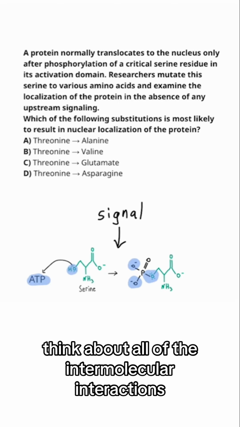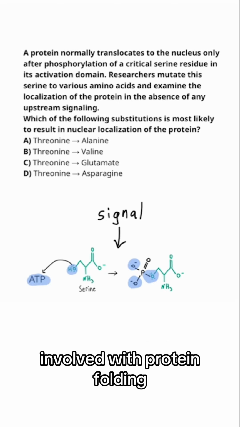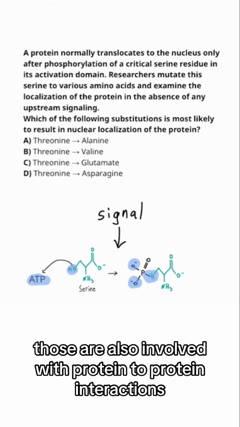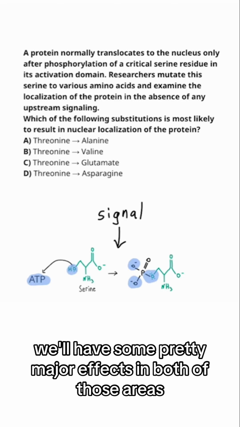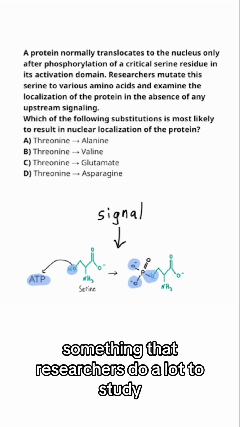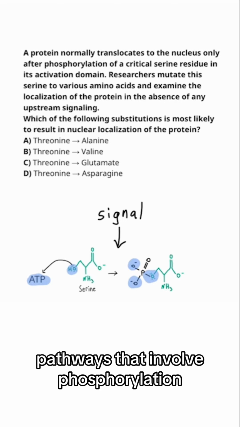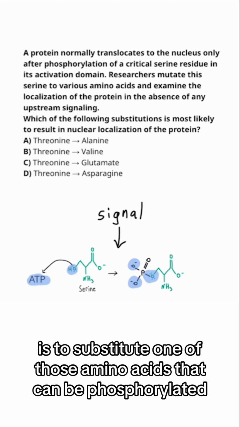So think about all of the intermolecular interactions involved with protein folding. Well, those are also involved with protein-to-protein interactions. So if we change something from a polar molecule to a charged molecule, we'll have some pretty major effects in both of those areas. Something that researchers do a lot to study pathways that involve phosphorylation is to substitute one